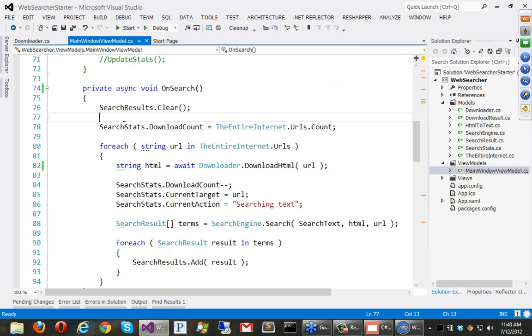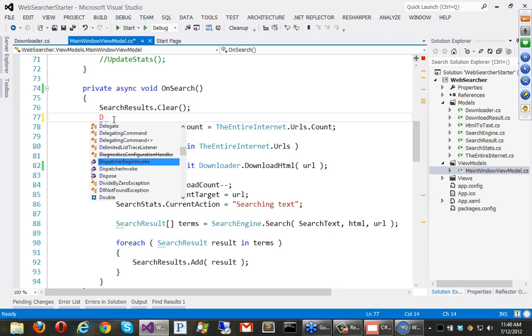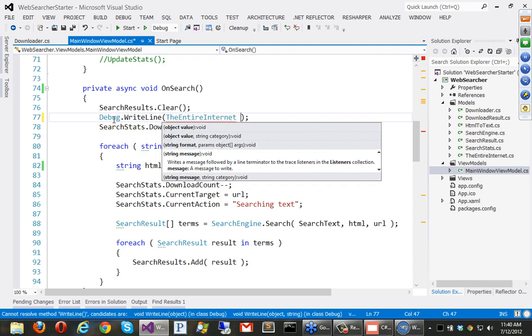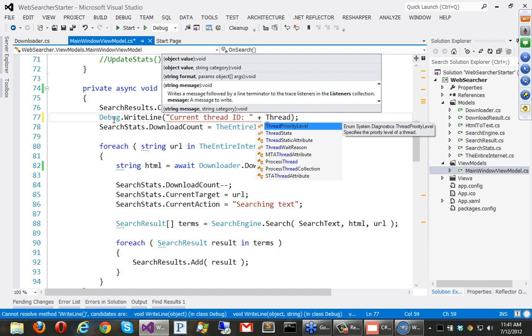We could actually go and ask it. We could say something like Debug.WriteLine, current thread ID.